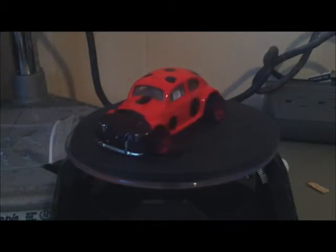Oh, let me turn the camera off and set up the turntable. Actually, we'll start with one that his wife wanted. Lindsay, she